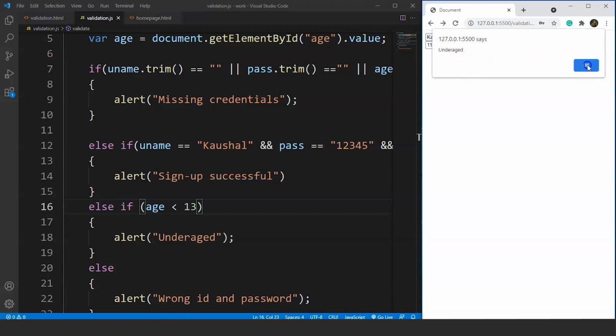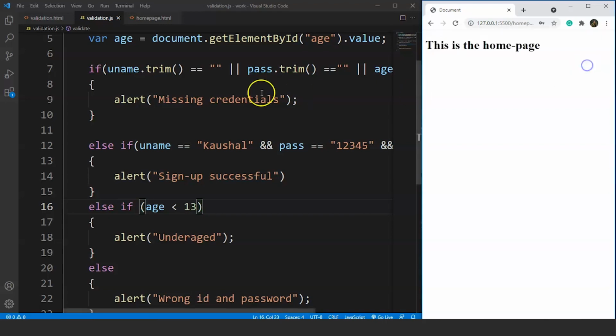Now one thing that seems a bit irritating as well is it redirects us to the home page every time, right? It doesn't matter if the credentials are correct or not, it redirects. To overcome this issue, we have to make some minor changes in the HTML file and include the return keyword in the if else conditional statements.